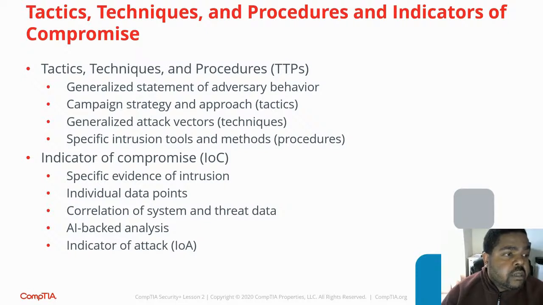We already talked about tactics, techniques, and procedures when we were explaining the honeypot example, where we would watch to see what they're actually doing in the wild. And then when we're doing our research, we're also understanding how attacks are actually being performed, right? But we also want to make sure that we understand what the indicators of compromise are. How do we know that we have been compromised, or what may be a good indication that we probably are compromised? So you want to look for unusual outbound traffic,